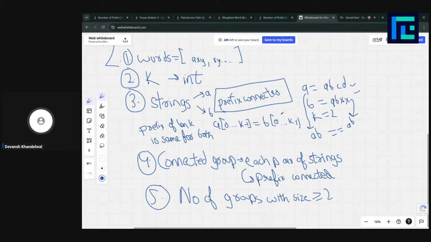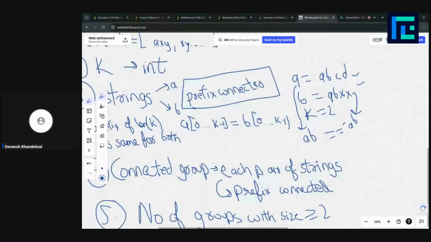And first we are given the definition of prefix connected. For any pair of strings a and b, their prefix of length k is going to be the same for both. That means if, let's say, we have one string abcd and another string abxx, and k is equal to 2, their prefix of length 2 should be equal.